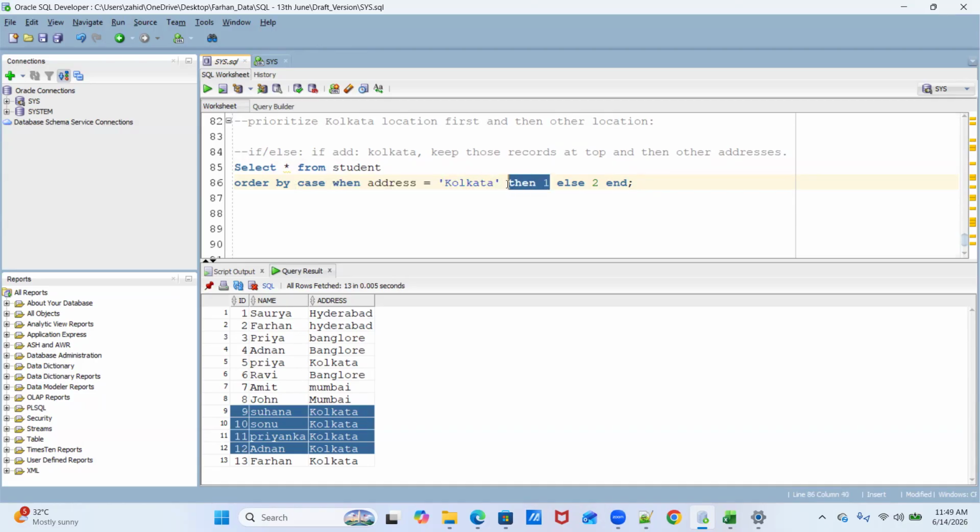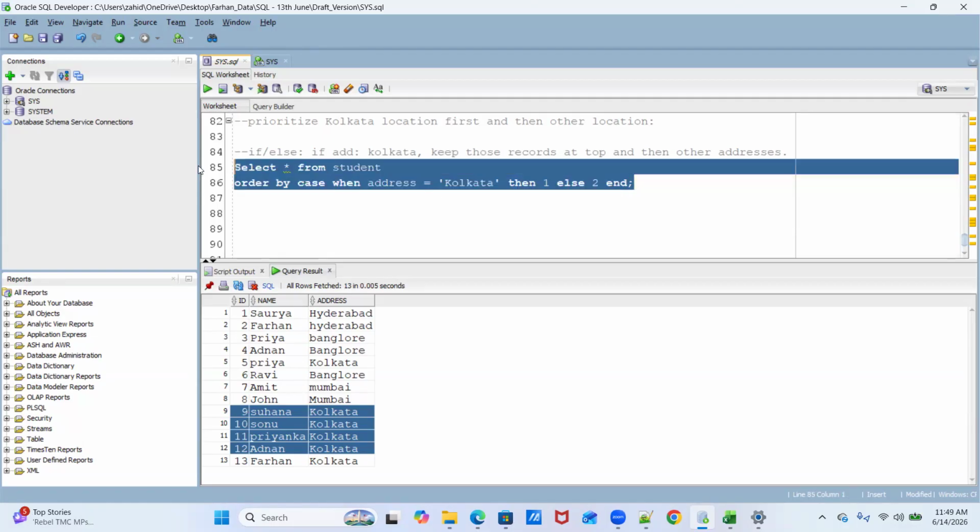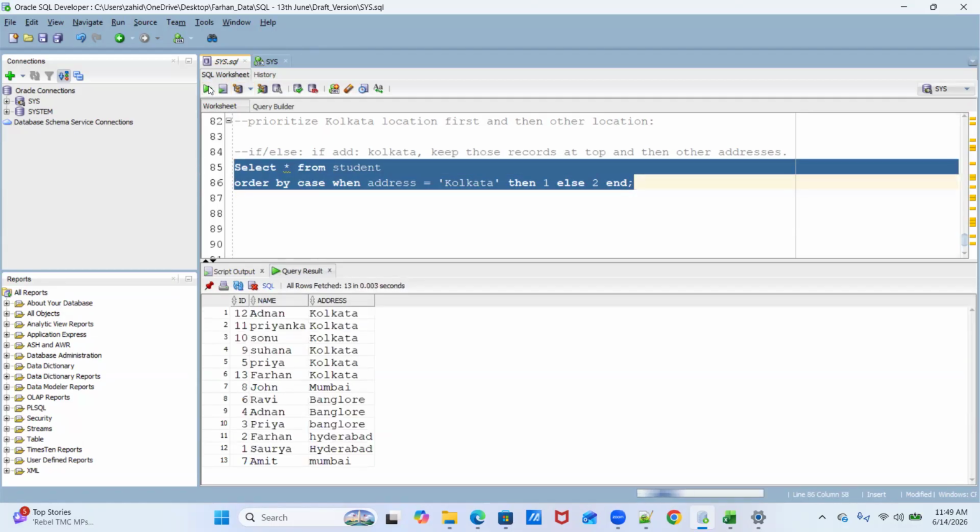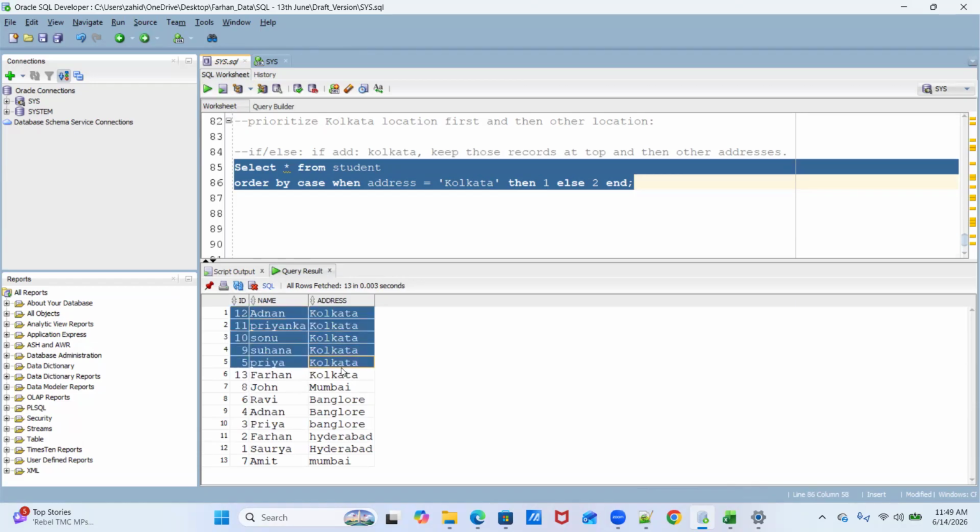And if there is any other location except Kolkata, then keep those locations at the second position. Let me execute it. Let's see the difference. Do you see the difference?